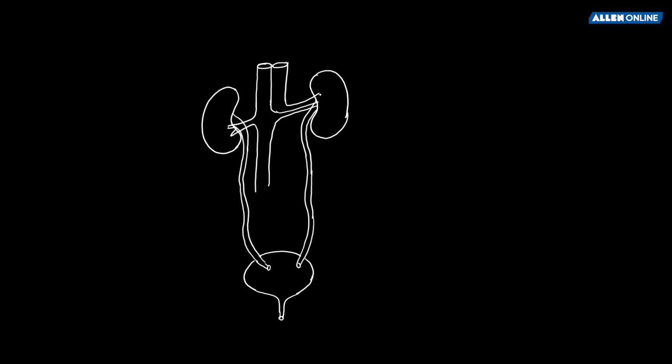And now the renal artery. Branches. This is how you need to draw the diagram. Now let's label the different parts of this diagram